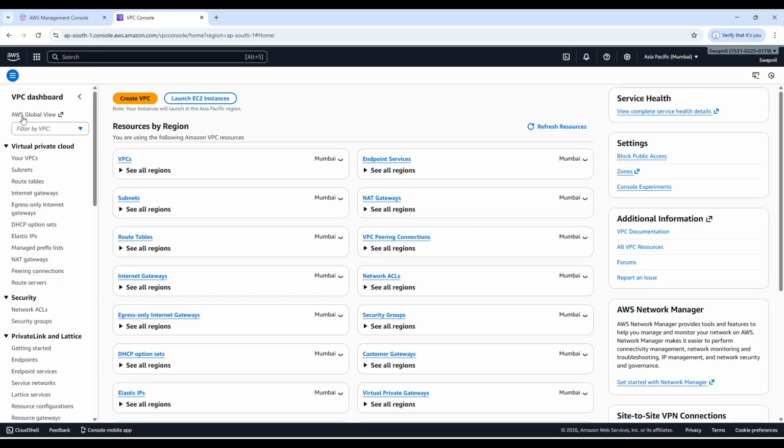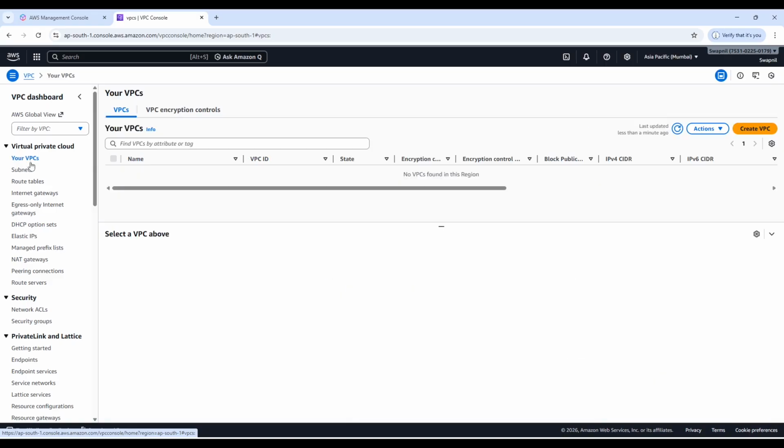It is showing the VPC service here. So now we are on the VPC dashboard page. On this VPC dashboard page, we can find all VPC related services at the left hand side. There are the options: your VPCs, subnets, route table, internet gateway. Our second task is to create the VPC, but let's see what's in our VPC in a default setting. If I click on your VPCs,